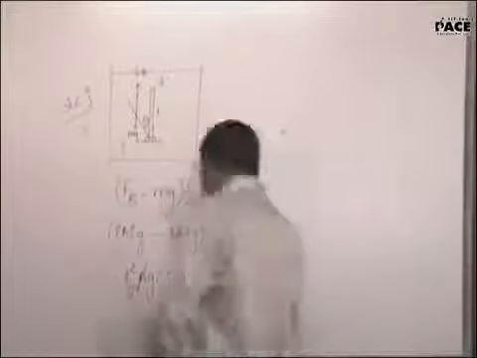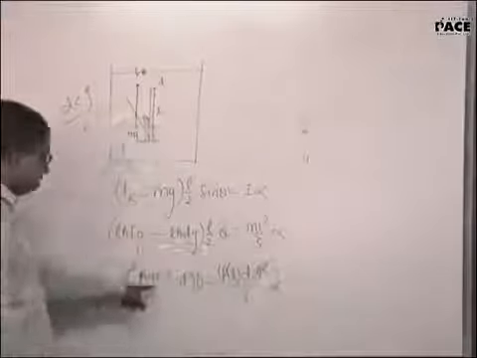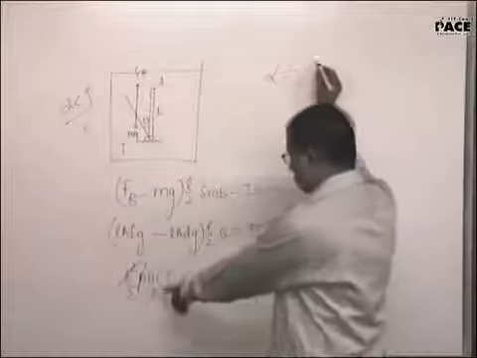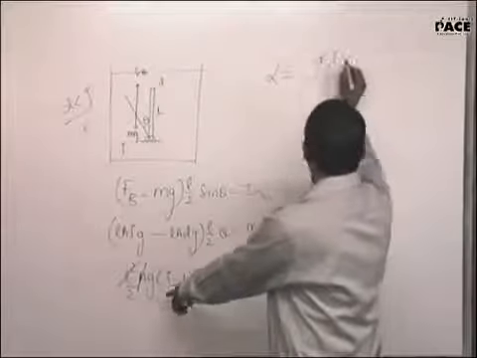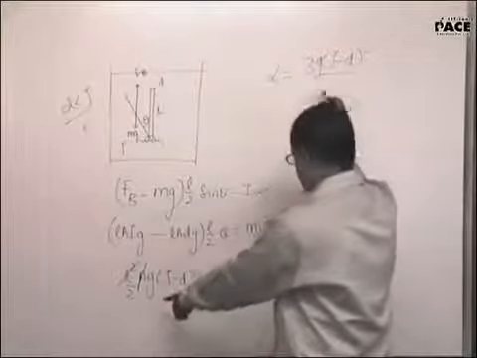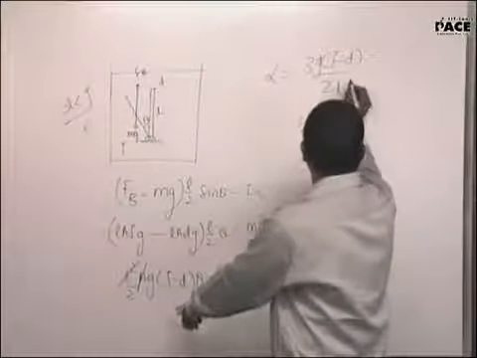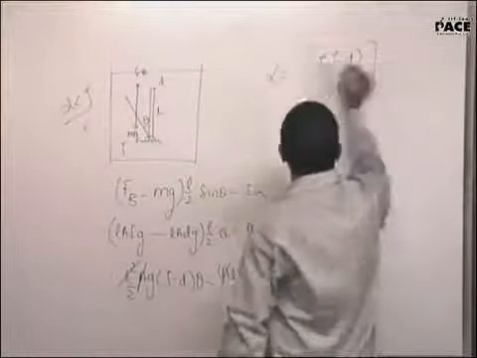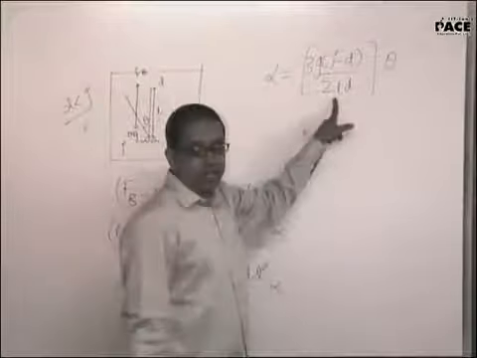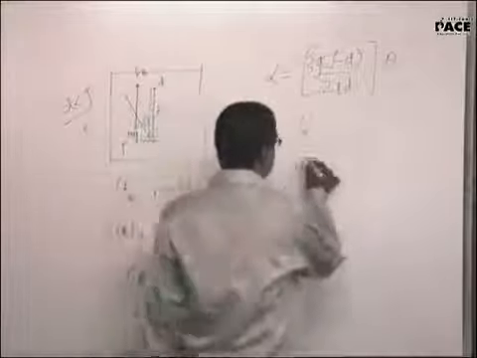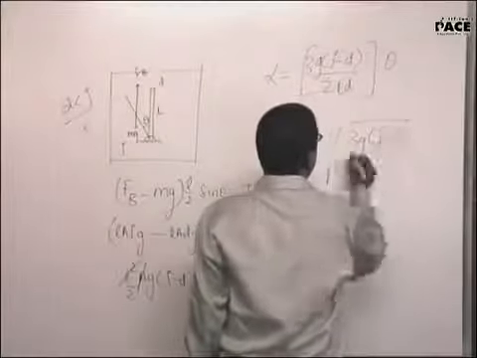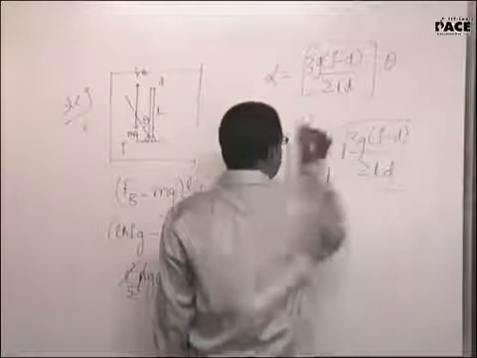Now when I cancel out L square, what are you left with? Alpha is equal to G into rho minus D divided by 3G by 2LD, this into theta, obviously with a negative sign. Alpha is directly proportional to theta. I get this to be the value of omega. Omega will be root over of 3G into rho minus D divided by 2LD.